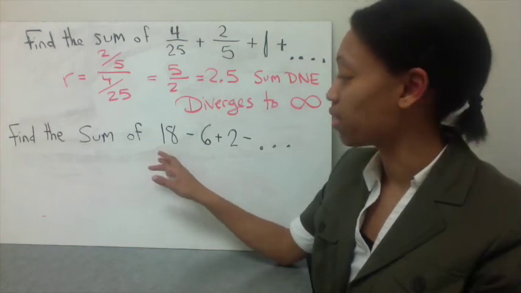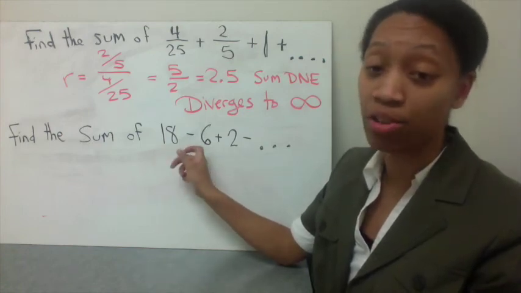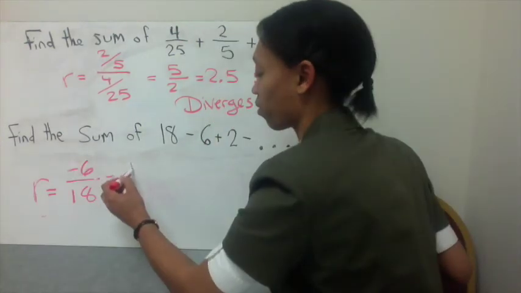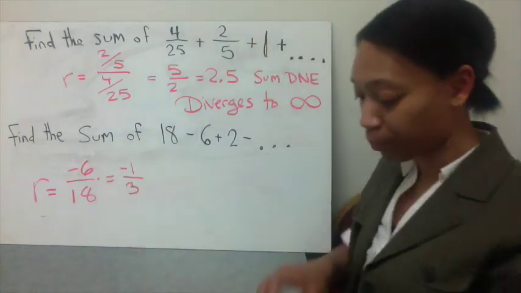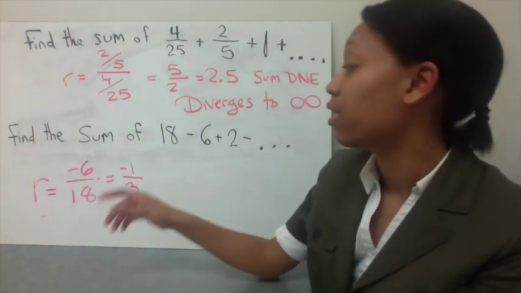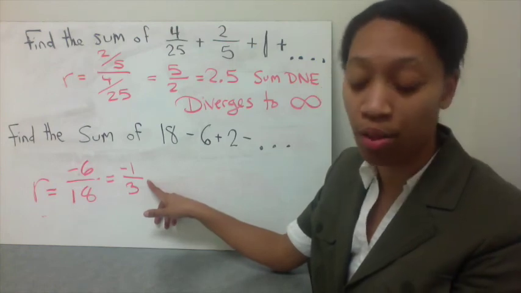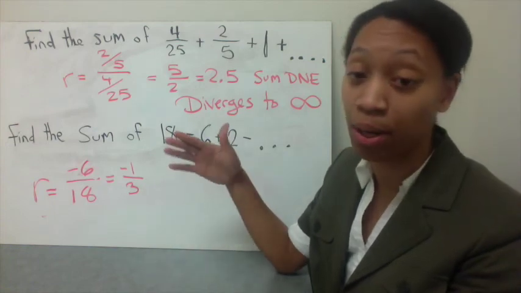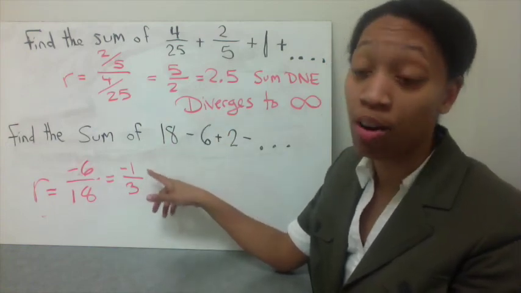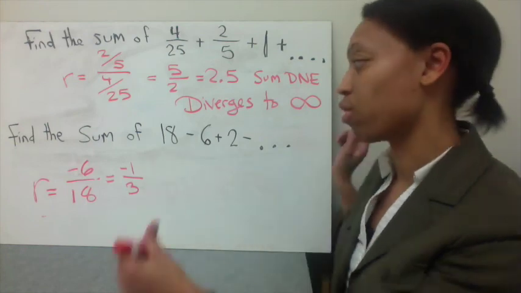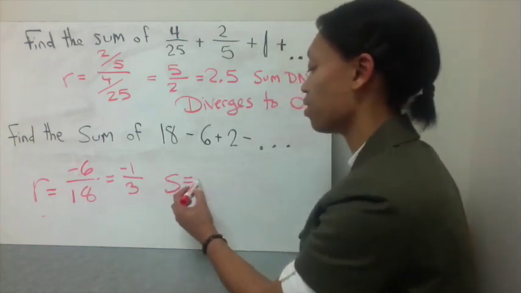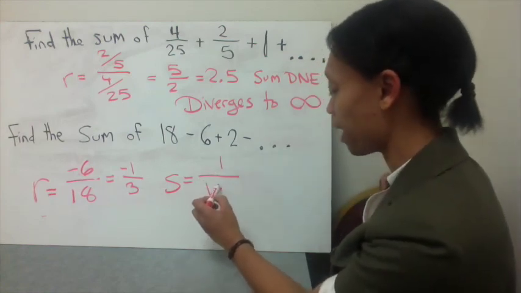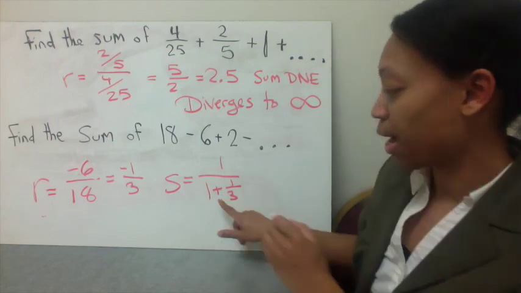What is the sum of this sequence? So let's divide 2 of its terms to find the ratio for this sequence. Here we have r is negative 1/3. Because this is a fraction, a number between negative 1 and positive 1, it looks like we are going to have an actual answer. So let's go ahead and plug into our formula. We know the sum of the series is 1 over 1 minus r, so 1 minus negative 1/3,